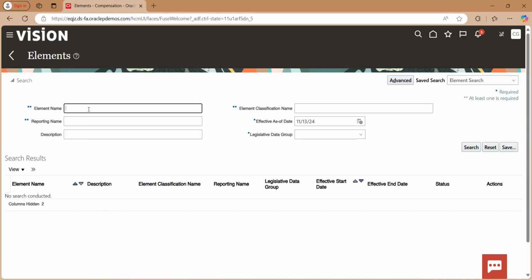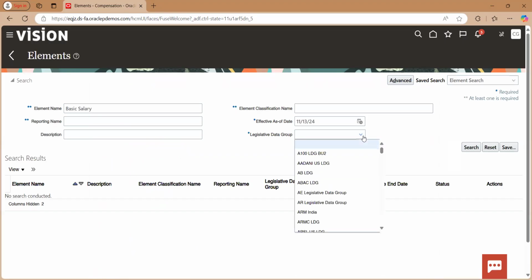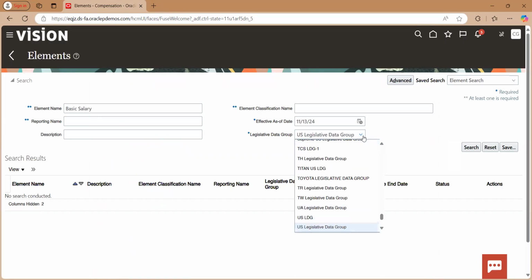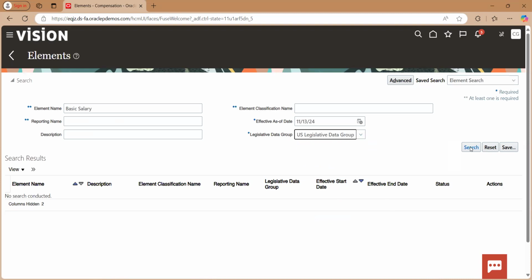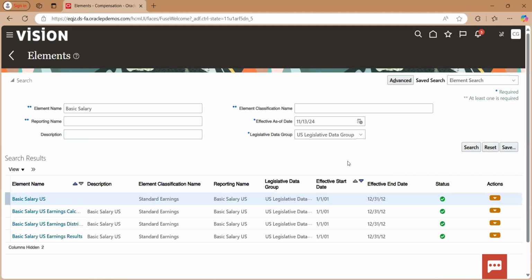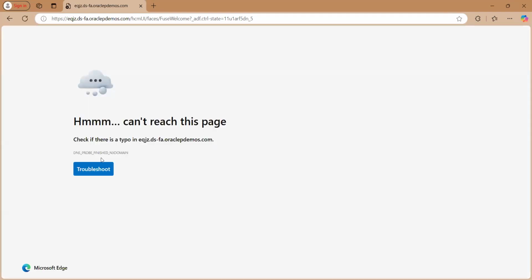If you want to see, I'll open basic salary, and the legislative data group will be US legislative data group. Let me click on search. So this is our basic salary element, which is Basic Salary US, and the element classification name is Standard Earnings. Now let me create an element for